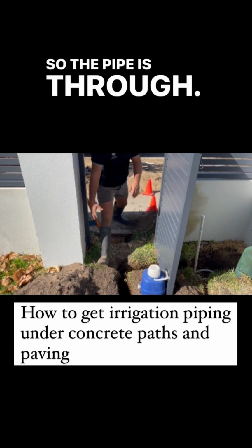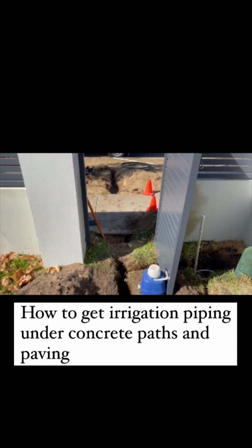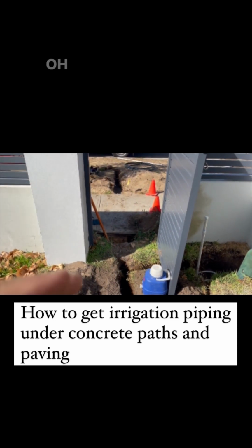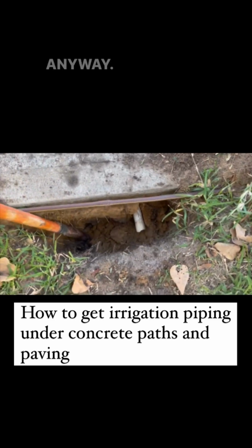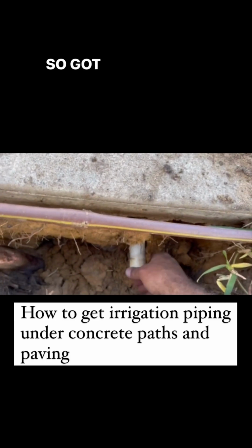So the pipe is through. That's how you do it. Did you see it? Oh, you didn't see it come through. Okay. Oh, there it is there. Anyway, so got it through on this end